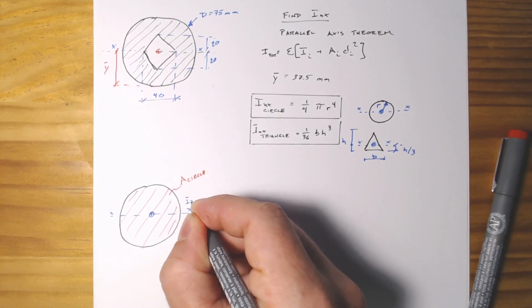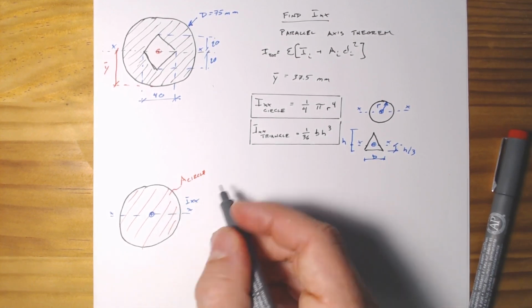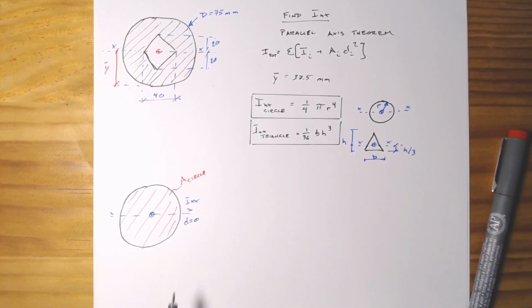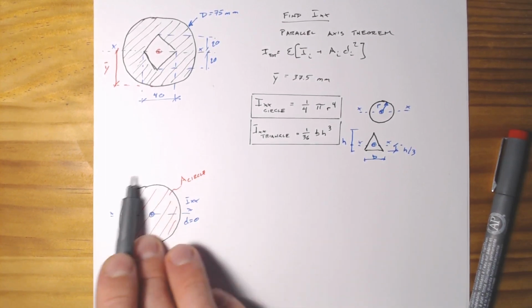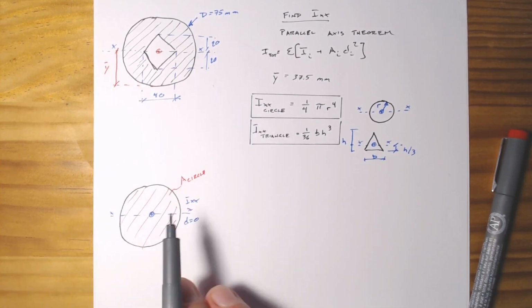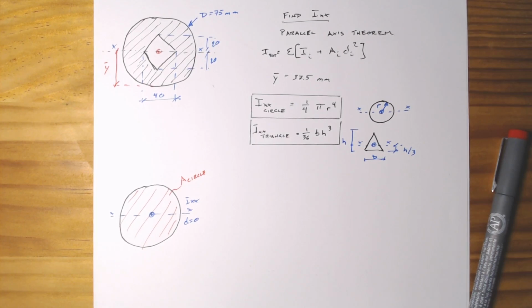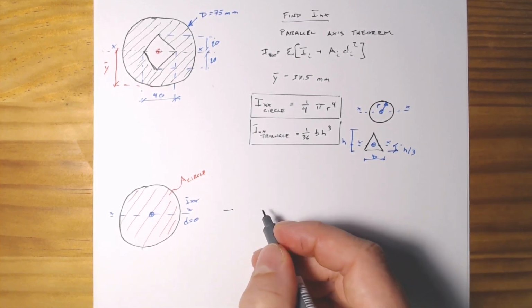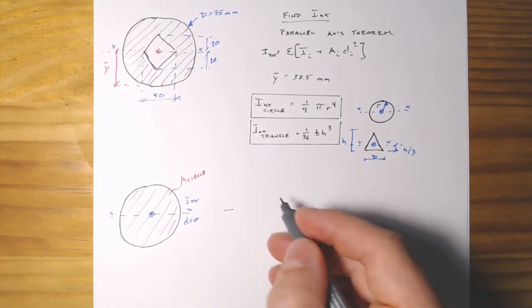It'll have some I about that x axis, and then d equals 0 because the centroid of the circle and the main centroid of the cross section are right on top of each other, so it's going to equal 0. So we take that contribution, and then we would subtract out the contribution of this top triangle